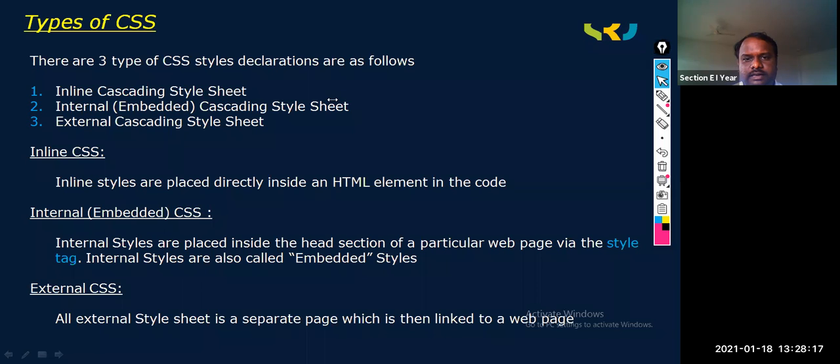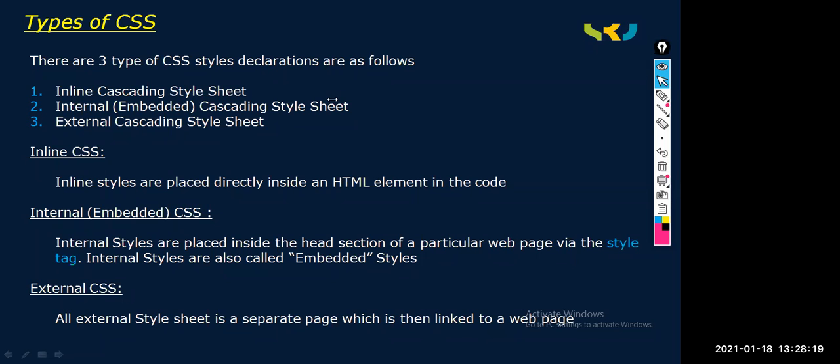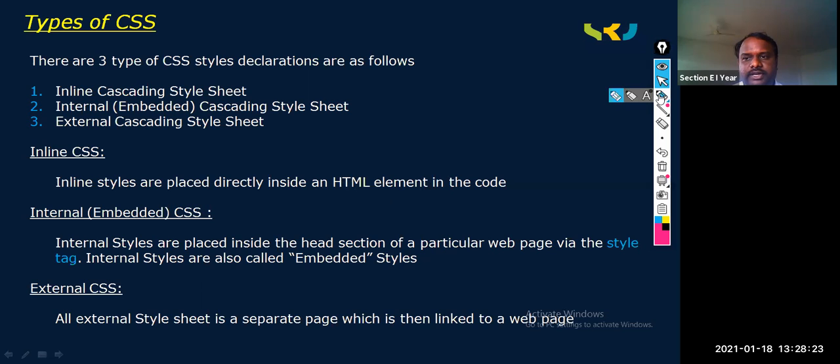Reason: different files, common features. So here we will introduce one separate CSS file. So why do we go for this external CSS?